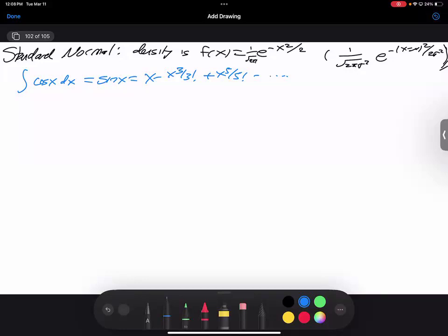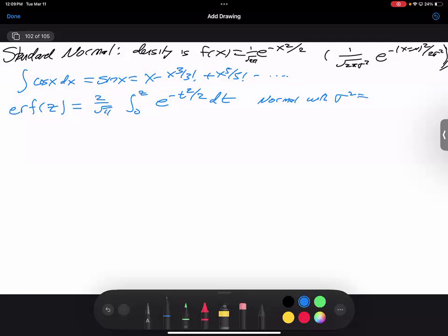Okay, here we go. So yeah, I was correct. It defines the error function without the 2. So the error function of z is defined as 2 over the square root of pi, integral from 0 to z of e to the negative t squared over 2 dt. So this is a normal